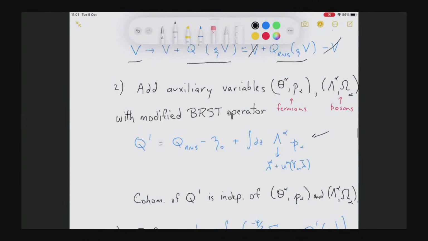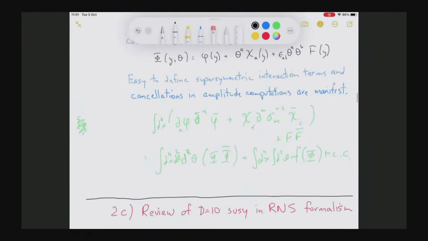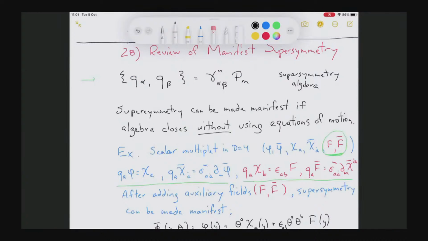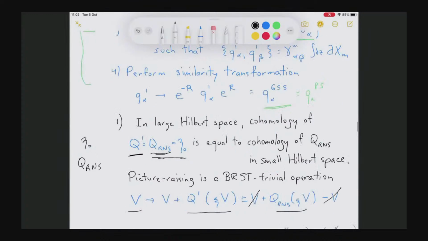Okay, so now we've added auxiliary variables. Now we're going to modify the space-time supersymmetry generator. So here was the original space-time supersymmetry generator. And now we're going to add Q prime of, I'll call it sigma alpha. So sigma alpha is just a combination of the variables I introduced. And of course, when acting on shell states, this term does nothing. So it's analogous to doing what we did for the four-dimensional case here, adding these additional red terms in the space-time supersymmetry transformations. Okay? So it modifies the space-time supersymmetry transformations, but in a way which doesn't affect on-shell states.